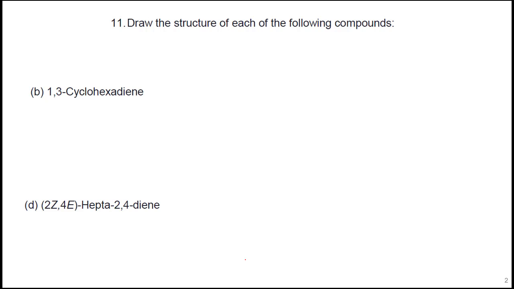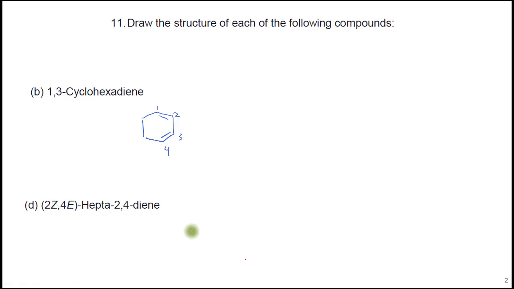For Chapter 17 problems, we're looking at number 11, which is asking us to draw the dienes. So cyclohexadiene is a cyclic structure, 6 carbons. There's 2 double bonds, and one starts at 1, and the second one starts at 3, so we have cyclohexadiene. To do this heptadiene, we have carbon double bonds at 2 and 4, and we're given the specific alkene stereochemistry,